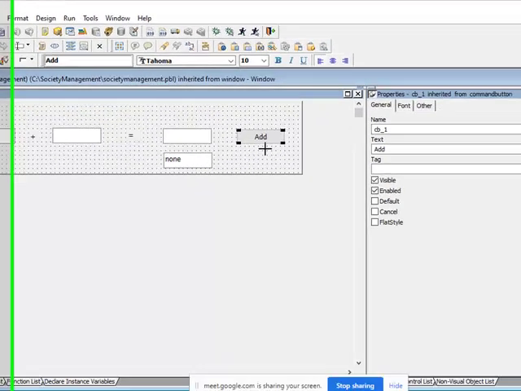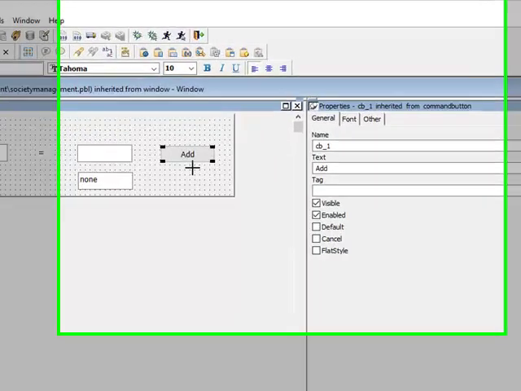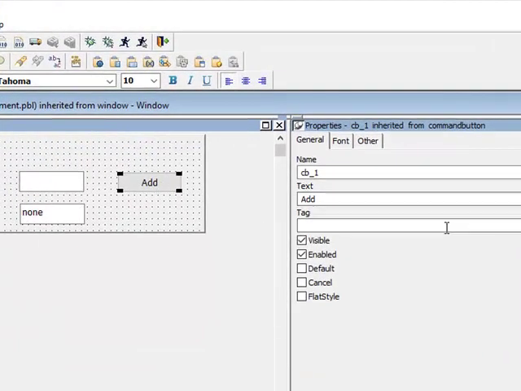You have a Power Builder library where your objects are stored. Every object has properties, events, and functions. And then there are some global functions, which are available at Power Builder level, basically.